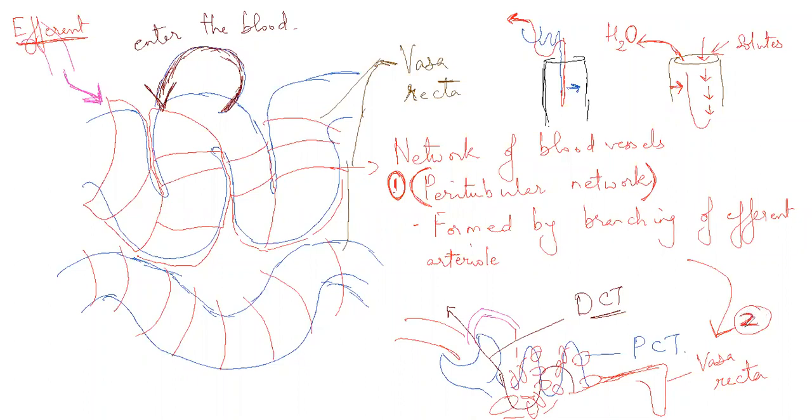This is how the blood flows around the tubules and then into the medullary interstitium. And ultimately, it removes solutes and water from this area. इस तरह से यहाँ से ये वाटर को रिमूव करता है।